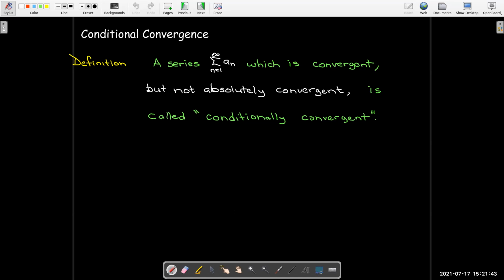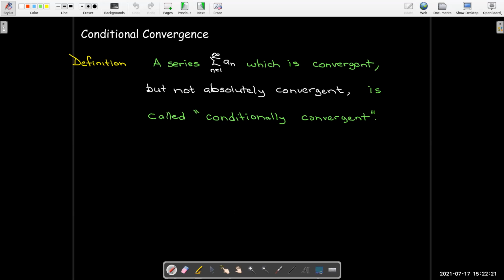Well, if I have a series whose terms are both positive and negative, and it is convergent, but not absolutely convergent, we call that series conditionally convergent. And our example would be the alternating harmonic series. The alternating harmonic series is convergent, and in fact, we show that it converges to the natural log of 2,